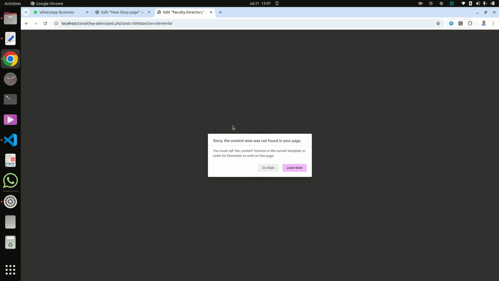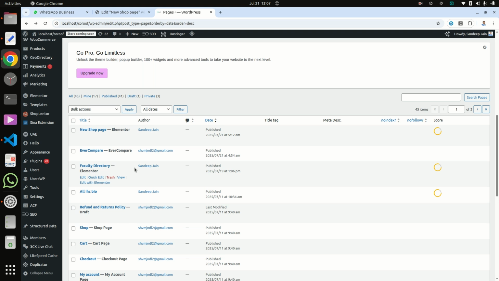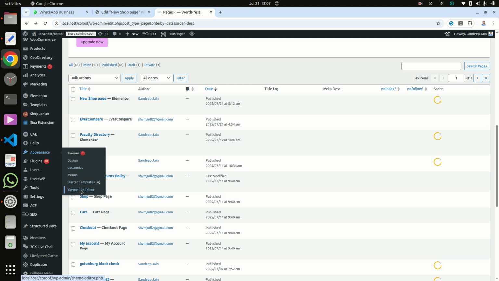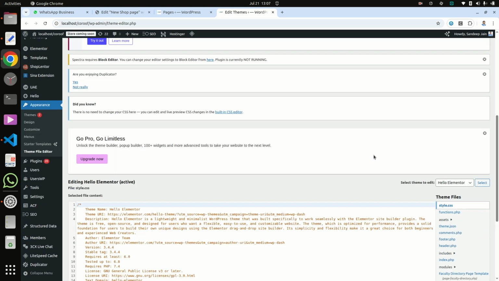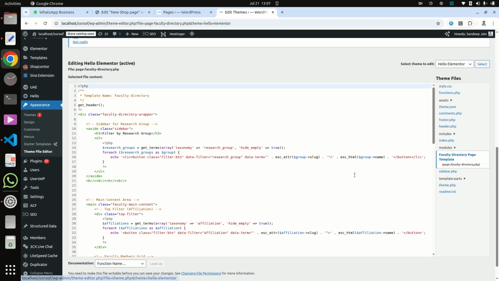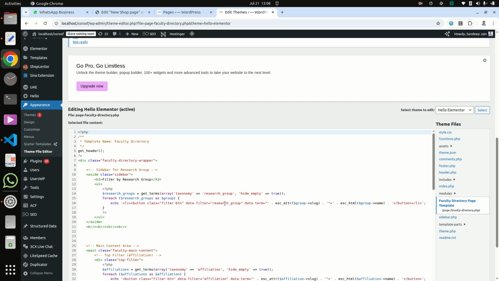So basically for this faculty directory template, just go here, like Elementor, sorry, theme file editor, and inside that get your page template, and inside that you must check whether the content is available or not, and if not available then insert it below the header.